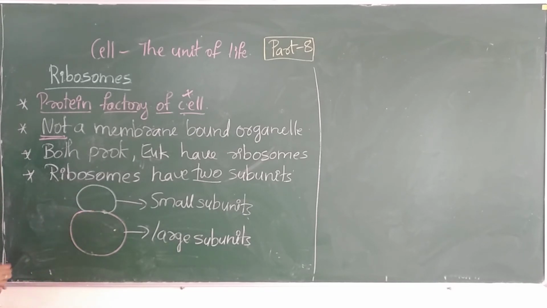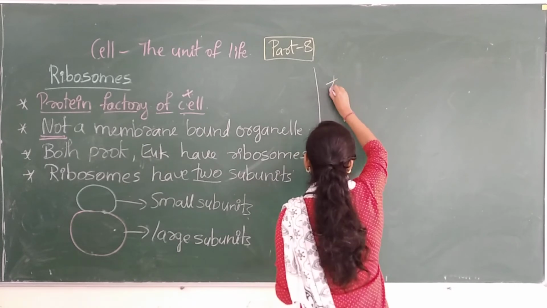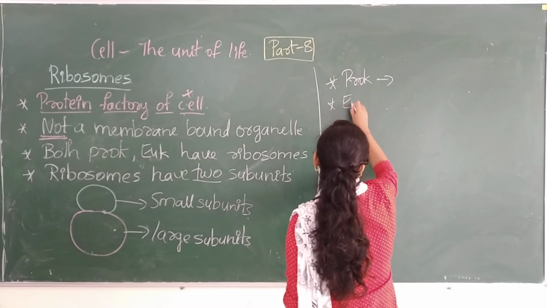Whenever there is a need for production of proteins, this is the mRNA which has the message. The large subunit comes and later the smaller subunit comes, and they decode this and produce the proteins. Like this, many ribosomes come and bind to the mRNA, and that structure we call polyribosomes. In prokaryotes there will be the presence of ribosomes, and also in eukaryotes.